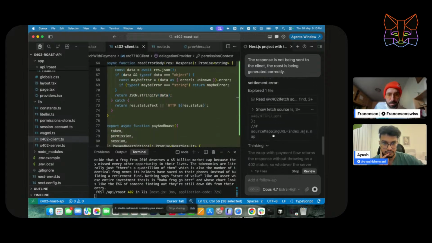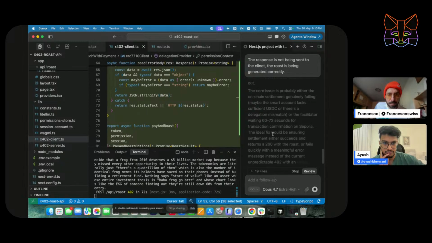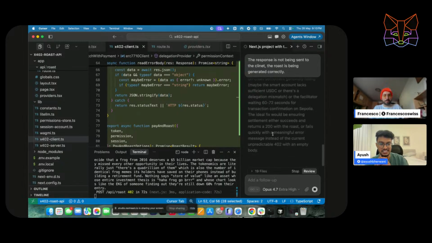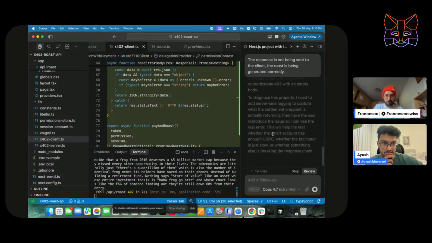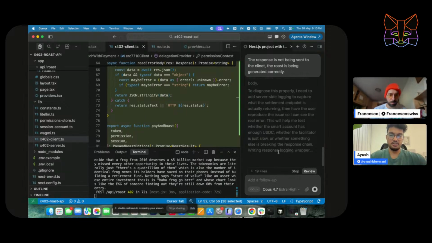Instead of trying to debug directly, it is trying to hit the APIs directly and see if the facilitator URL is working fine or not. So it is adding the settlement endpoint, actually returning more information on what the issue is. And once we have the response logging for the facilitator, we will be able to figure it out.